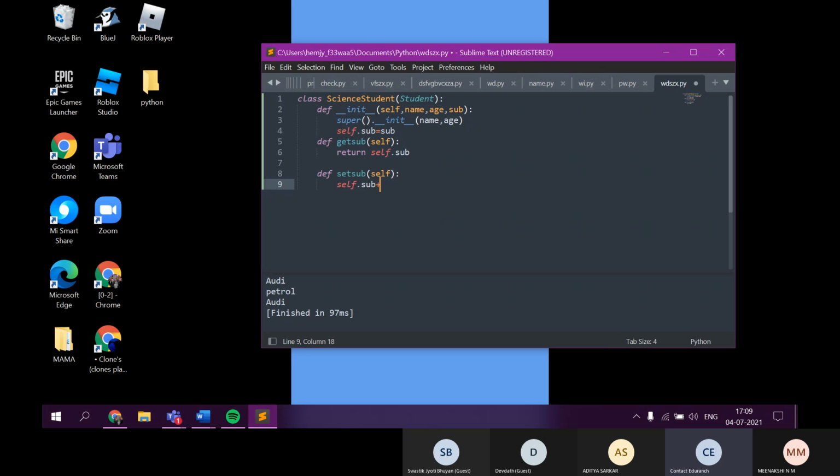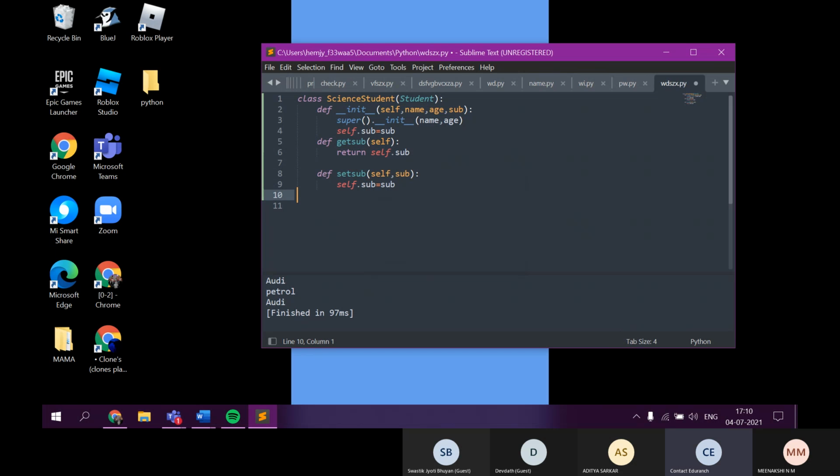Now you have to pass the sub variable to the method on line number 8. On line number 8, you have to pass the variable sub, right? Only then it will work. Yes, comma, sub. Two parameters, comma, sub.